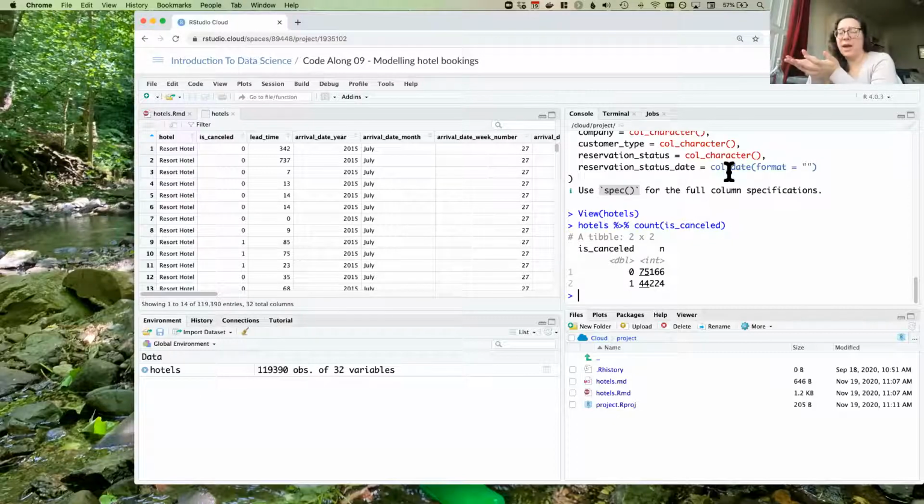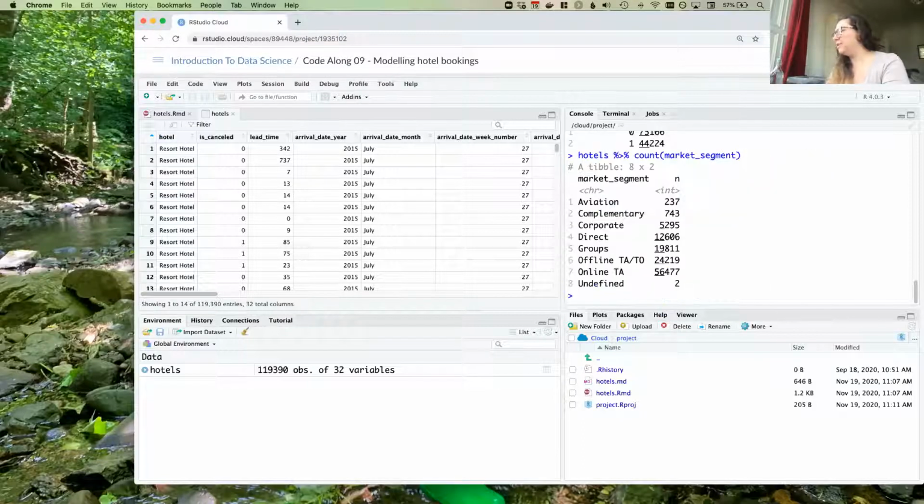When I make a hotel booking, it would actually take a lot for me to cancel. But if you also remember from this data set, we have a lot of different types of bookings here. I think that was in the market segment variable. You can see aviation, for example, corporate bookings, groups, and stuff like that. So these are people making business arrangements, and chances are they don't get the terrible cancellation fees that we would get as individuals making hotel bookings. So they're a little bit more flexible about it. So that's what the paper was about,